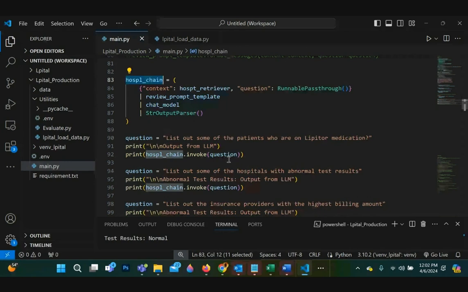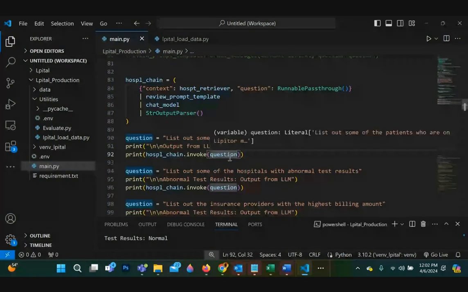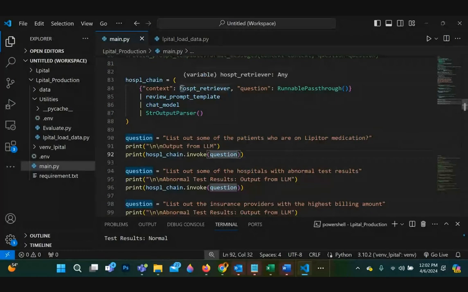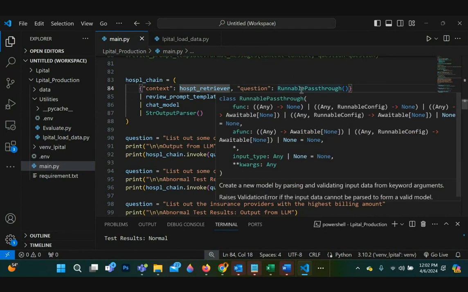You invoke the chain, you're passing the question, and that question is inputted into the retriever to do the retrieval and then return the context. And also the same question is passed through into this question here.